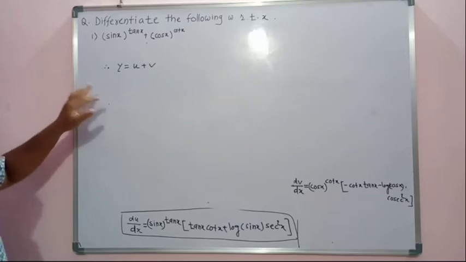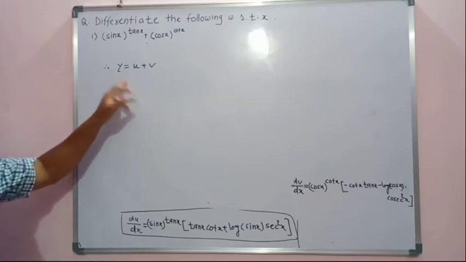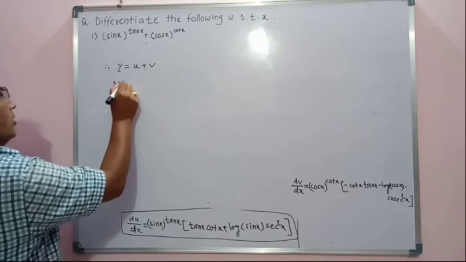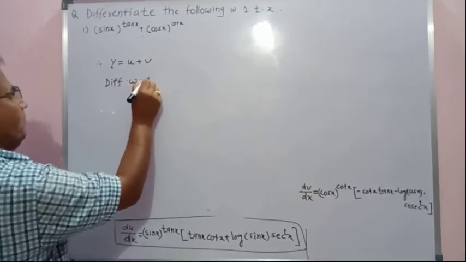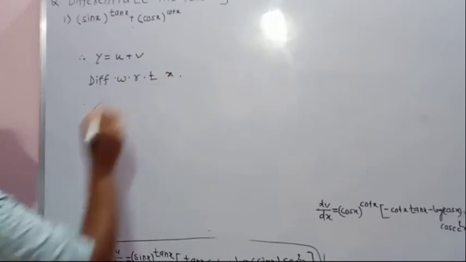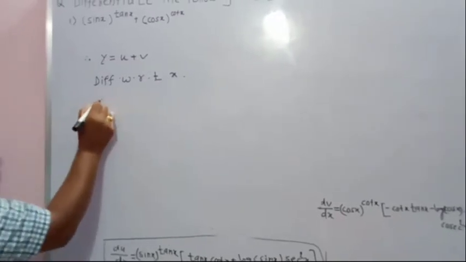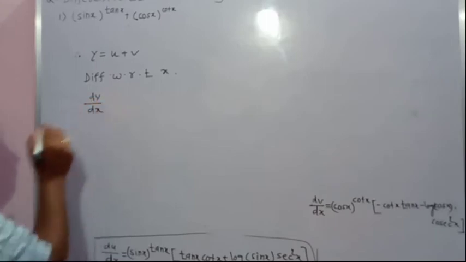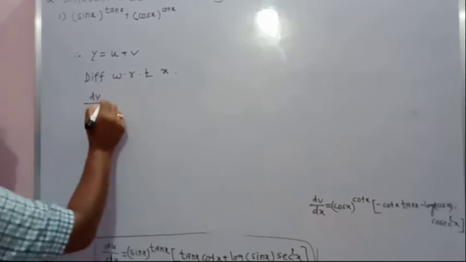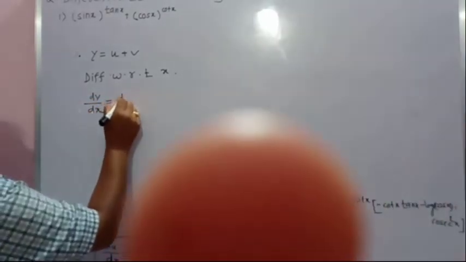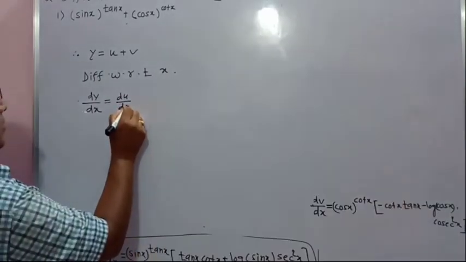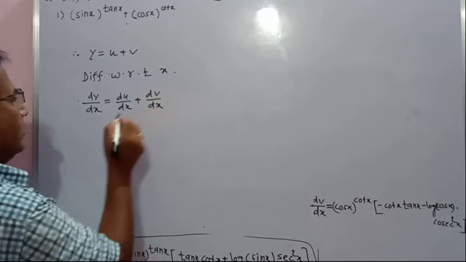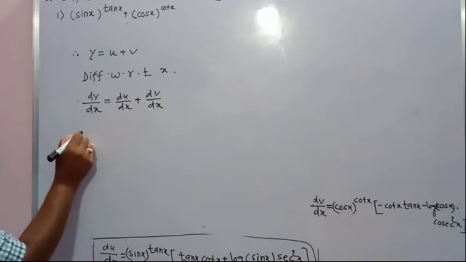We will use the formula y equal to u plus v. This is the addition formula. Differentiate with respect to x. The derivative of y is dy by dx equal to the derivative of u is du by dx, plus the derivative of v is dv by dx. Therefore dy by dx equal to